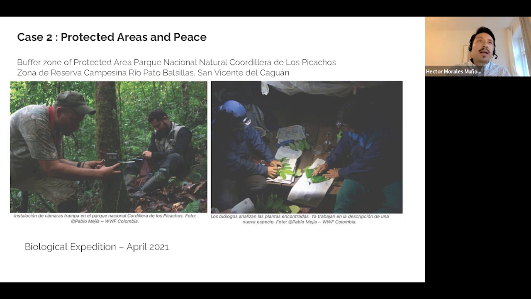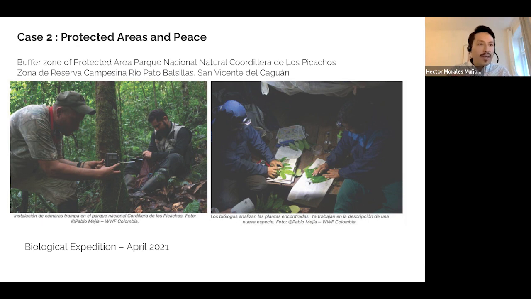A second case is called Protected Areas in Peace, and this is a program which aims to support the governance of protected areas in the region. And I'm going to talk specifically about an area which is a buffer zone of a protected area in a natural park called Cordillera de los Picachos, which also has a special jurisdiction for farmers called in Spanish Zona de Reserva Campesina, which allows certain governance structures where the farmers have